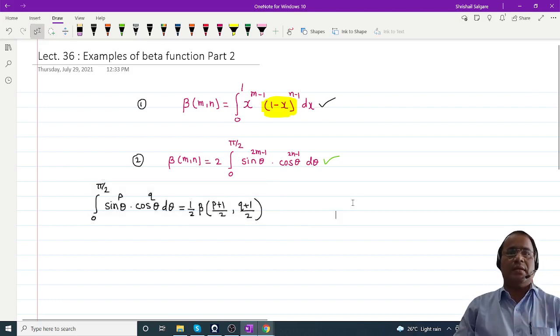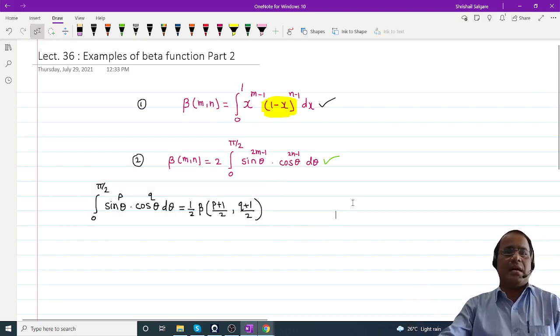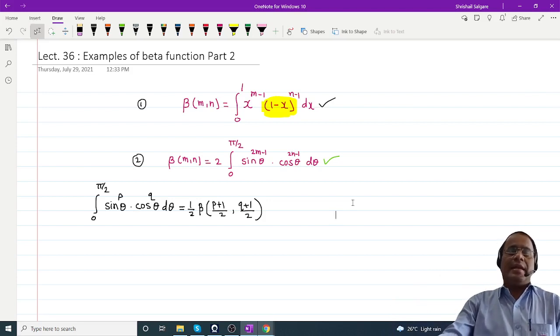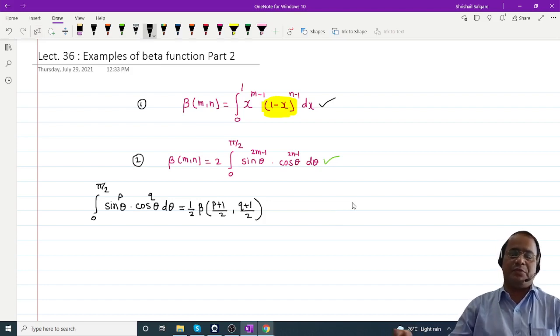Now, today we will see examples where the integrand can be converted into a combination of sine and cos, and at the same time the limit of the integral is from 0 to pi by 2. If this is possible, then that integral can be written in terms of a beta. Further, using properties between beta and gamma, it can be simplified and the integral can be evaluated. Okay, I think this much introduction is sufficient. Directly I will shift to the examples.